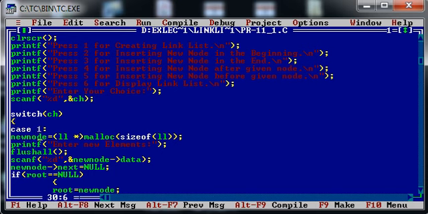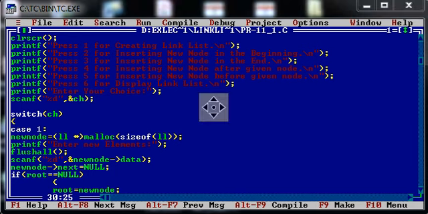That is why I have written new node equals LL pointer malloc size of LL. Malloc over here, as you know, is a dynamic memory allocation function which is used to allocate a fixed size of memory, and as you can see over here, for each malloc I am going to create LL size of memory.